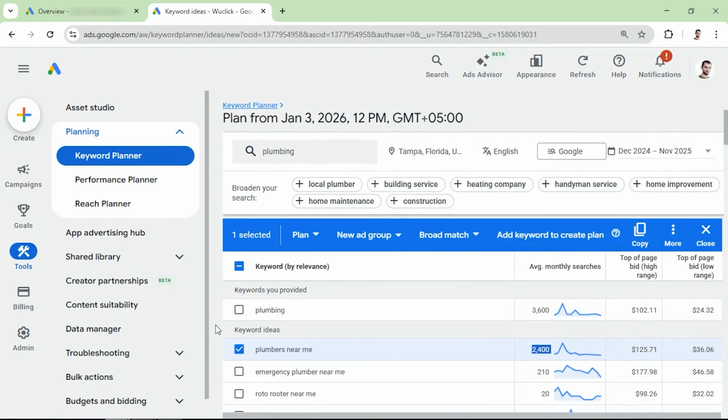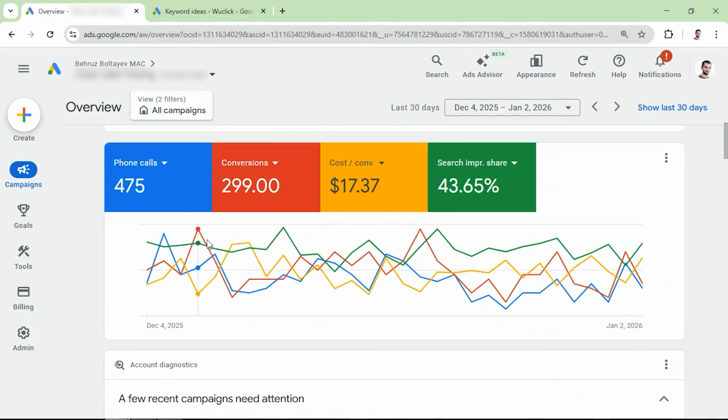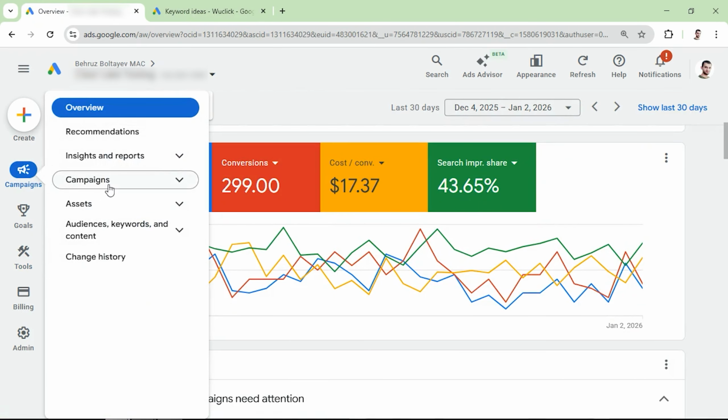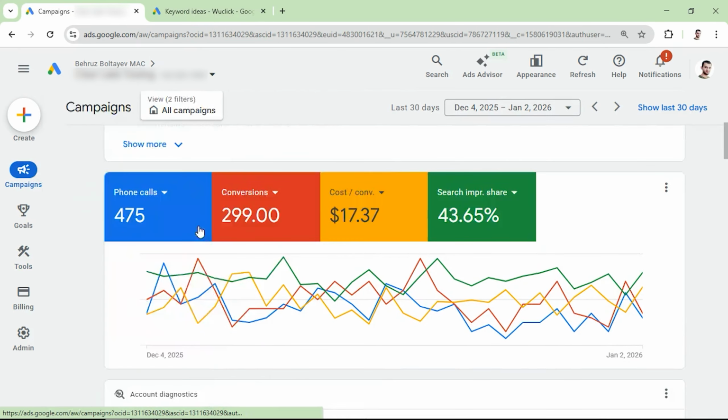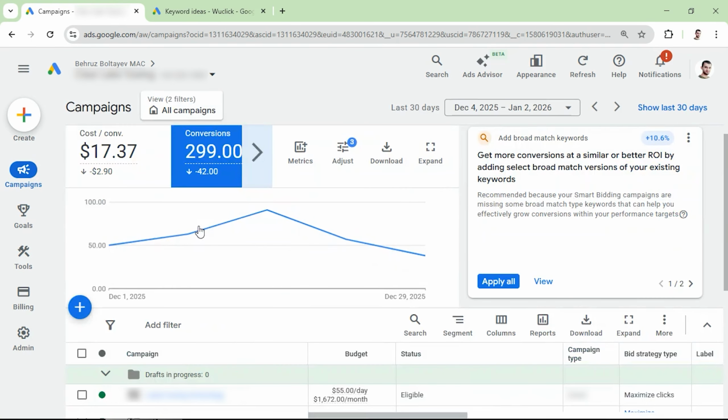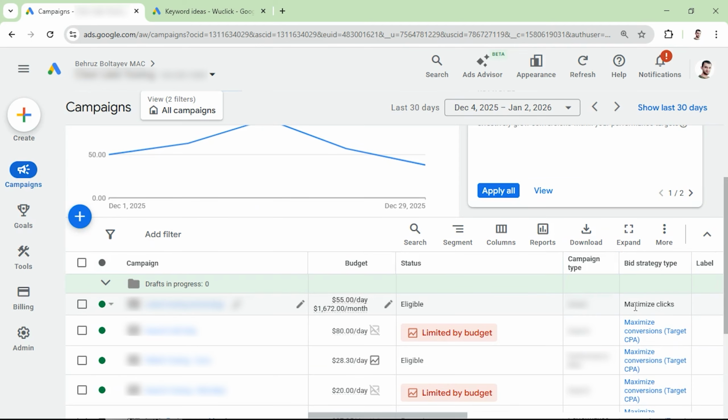So let's say you were using maximize clicks or manual CPC, or let's say you are using automated bidding strategies such as maximize conversions, and make sure that they haven't been changed, because that can also affect the cost per conversion or cost per phone call to go higher. So let's see that. As an example, I'm going to show you the example campaigns from here. So if I'm going to scroll down, as you can see from here, we're using maximize clicks, maximize conversions,